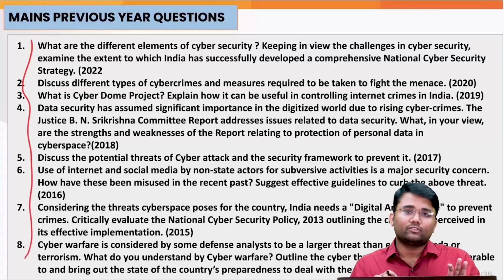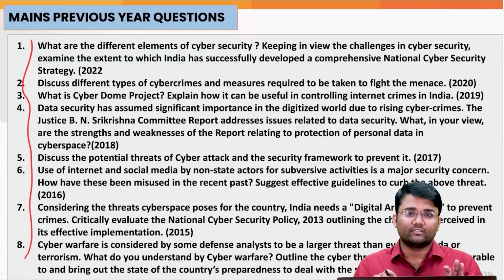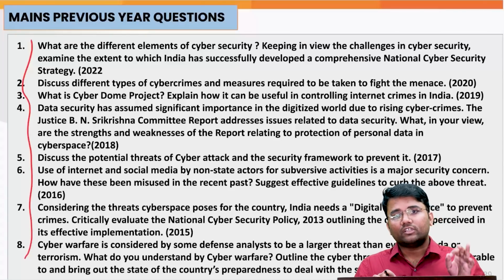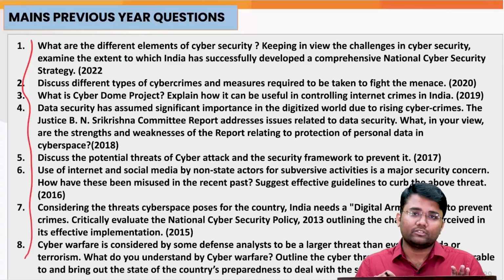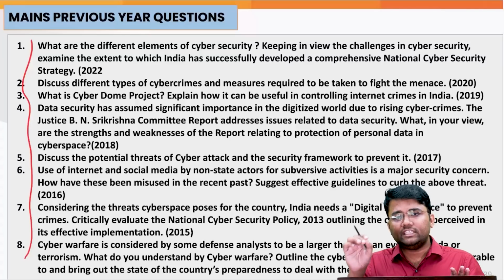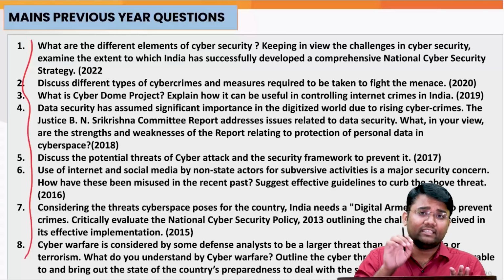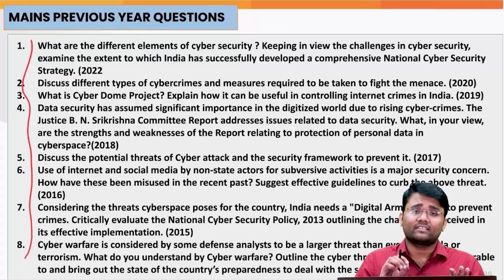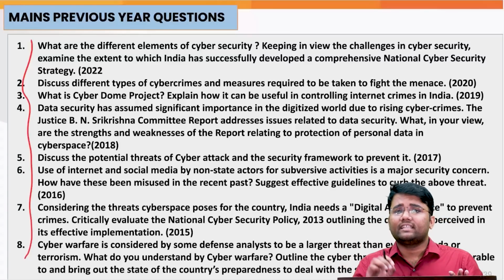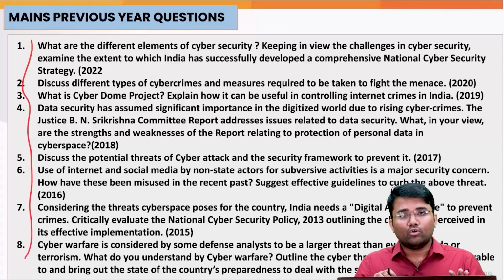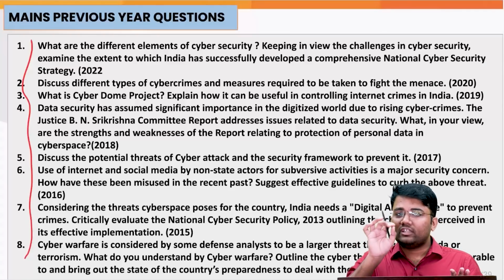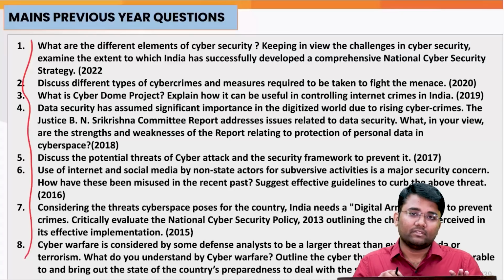Another question that students ask me is, sir, how should we make our notes for all the topics? So the first thing I say is that for whatever topics are given in your syllabus, you should have content on each topic, because UPSC in the mains exam is going to ask only on the words that are given in the syllabus. So you should have proper content on each topic given in the syllabus.